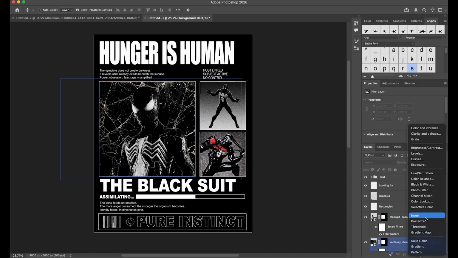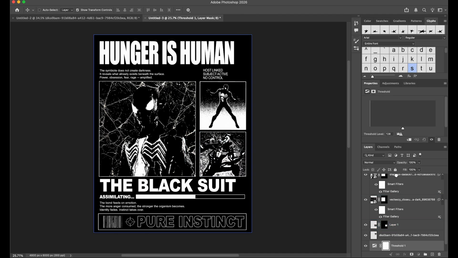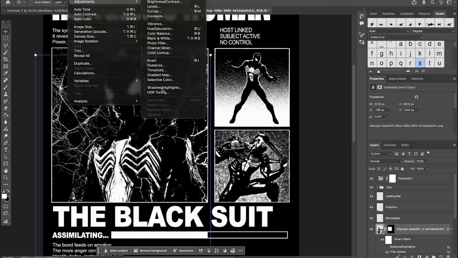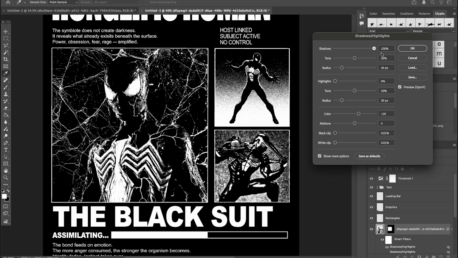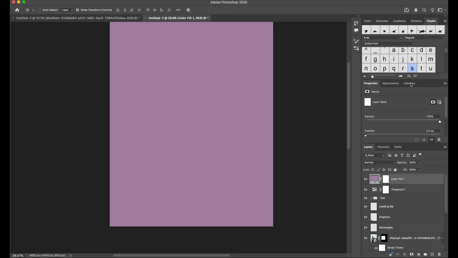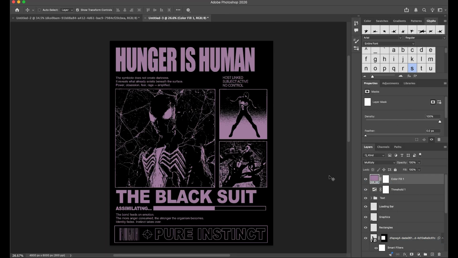Once you've done that, go ahead and apply a threshold adjustment layer. If you'd like to preserve more detail from your images, you can apply a shadows and highlights adjustment and play around with those settings until you get a look you're happy with. To add color to your design, add a solid color layer and set the blending mode to either darken or